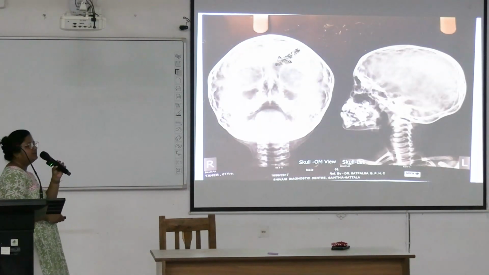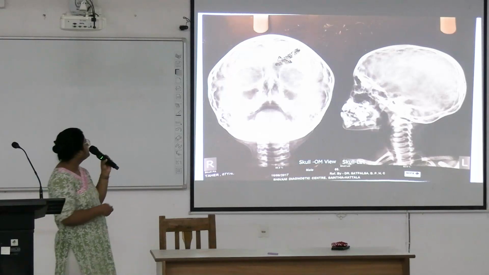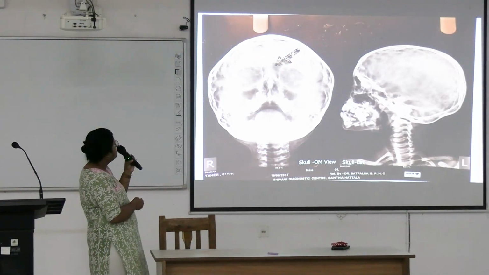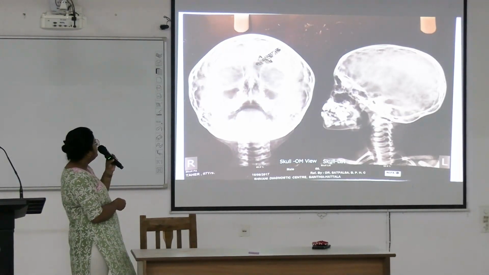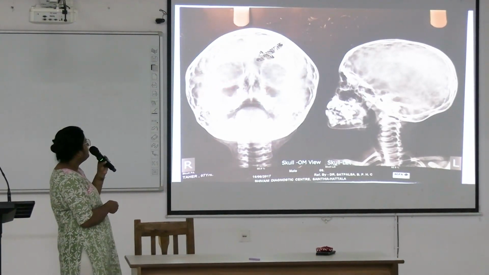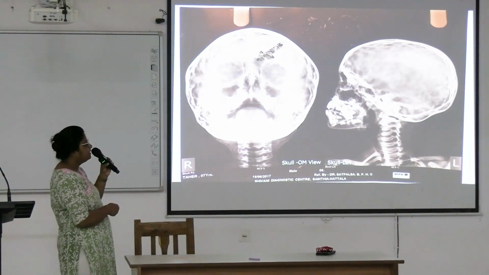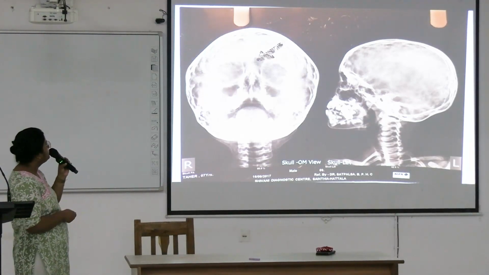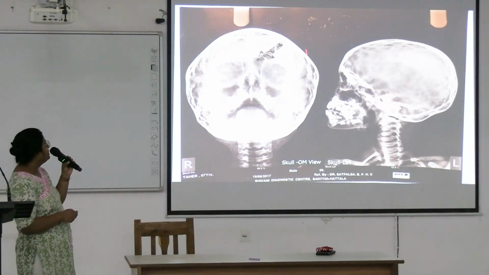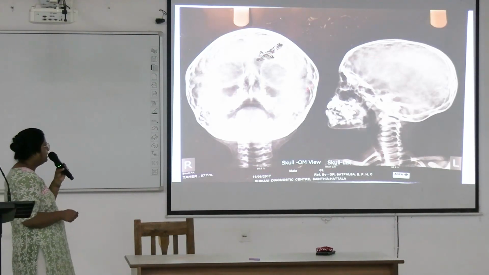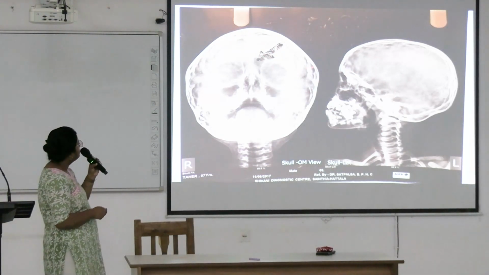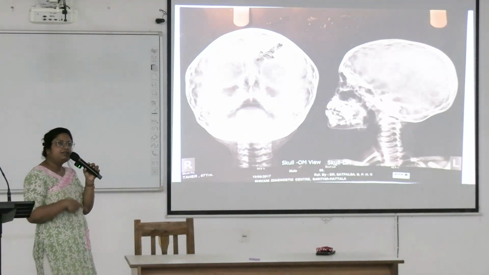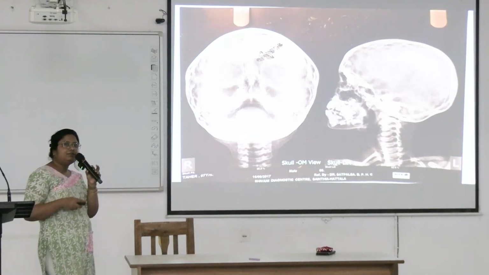This is the occipitomeatal view of the skull. In this view, you can see all the air sinuses. Here are the frontal air sinus, ethmoidal air sinus, maxillary air sinus, and sphenoid air sinus. The X-ray is taken with the mouth open, the Waters view or occipitomeatal view. This is the anteroposterior view, and this is the lateral view. This arrow mark represents the frontal air sinus. It was previously given in your OSPE.